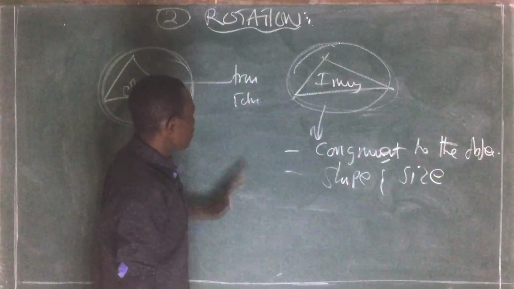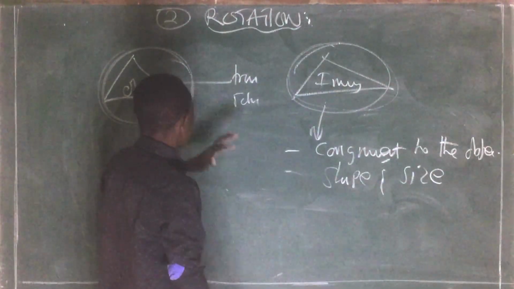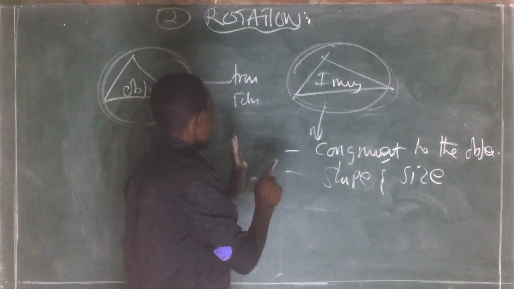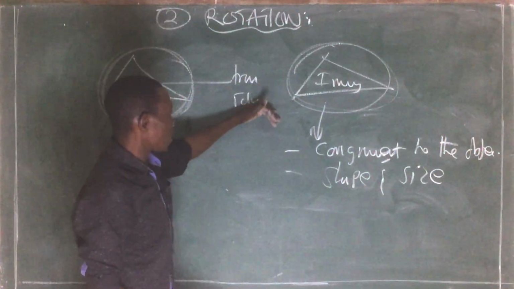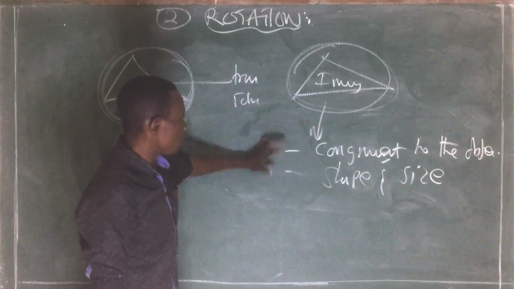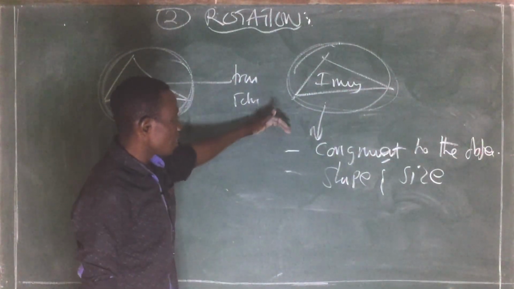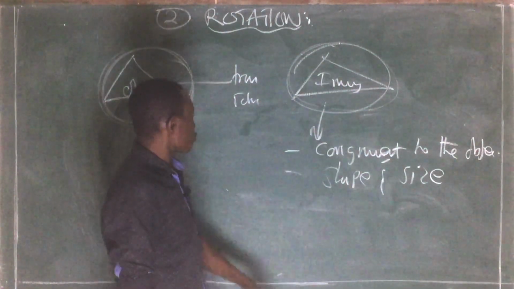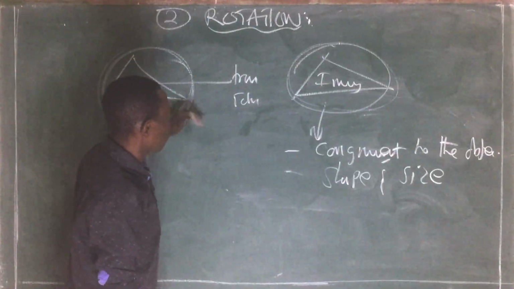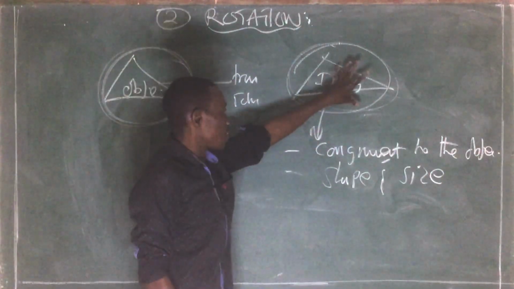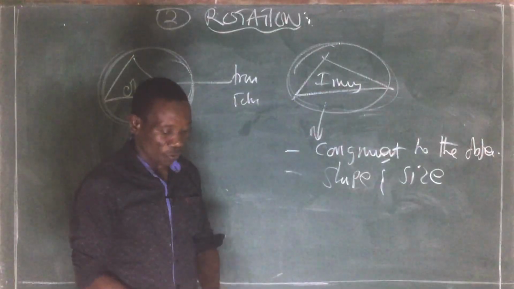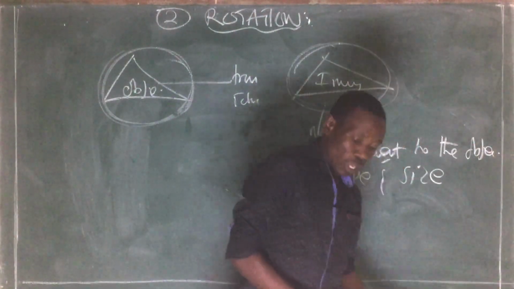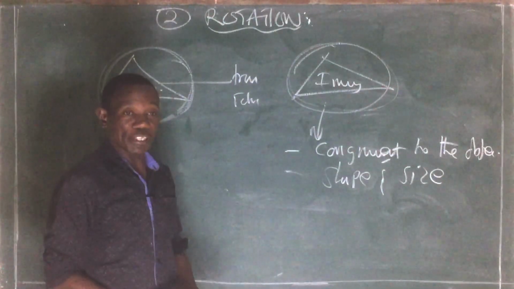So it means what changes here in the rotation is only the position of that object. Nothing is affected in terms of size and also shape. So that's why we say the image is always congruent to the object, because the initial object is the same as the resultant object after transformation. Right. Those are a few things that we need to know about the nature of the image after